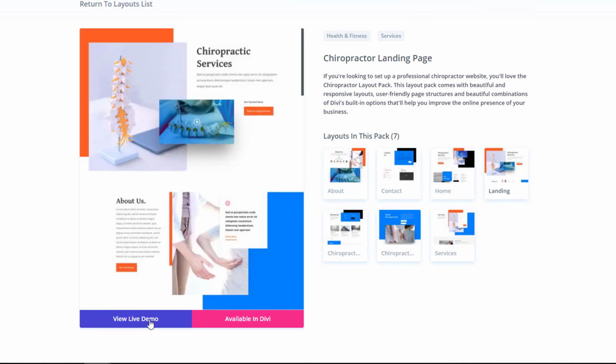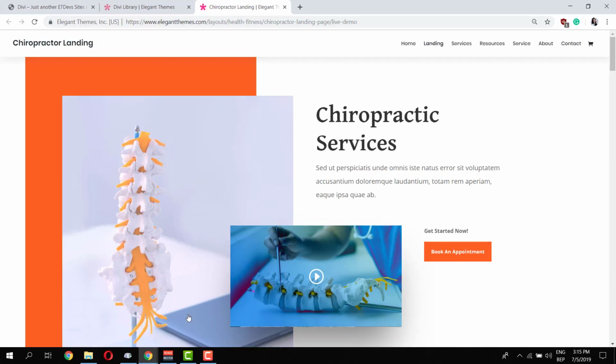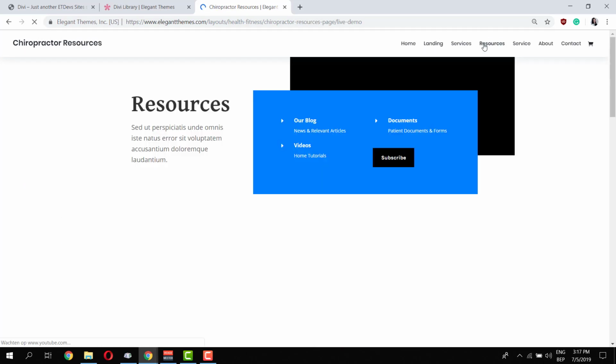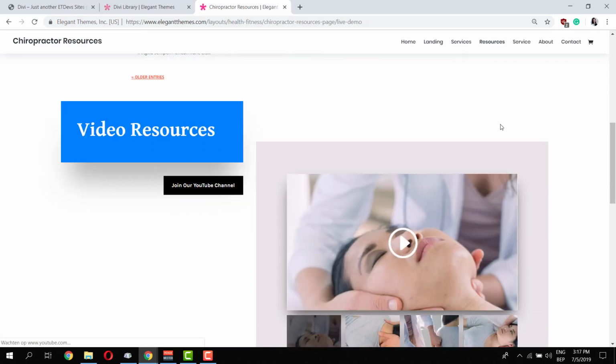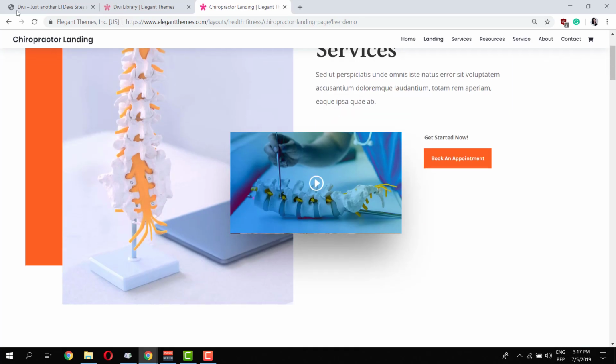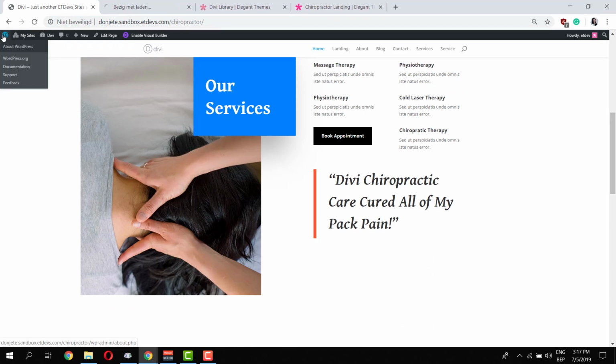So you can click on the blue button which says View Live Demo, and this will redirect you to a live website. So here you can take a look at the different layouts that come with this layout pack without actually having to install them on your WordPress website. So say for instance you really like the landing page, you can go back to your WordPress website, go to your WordPress dashboard,